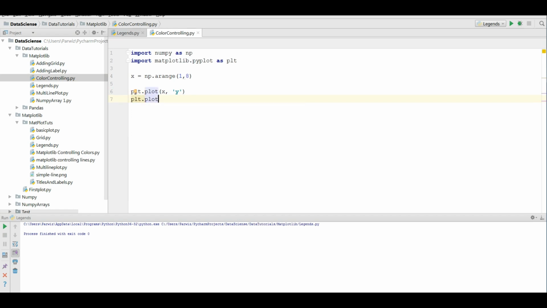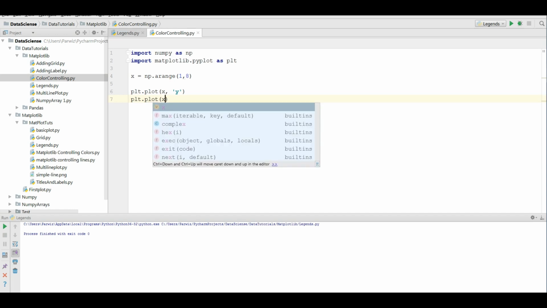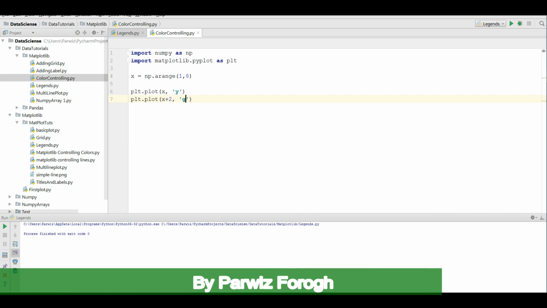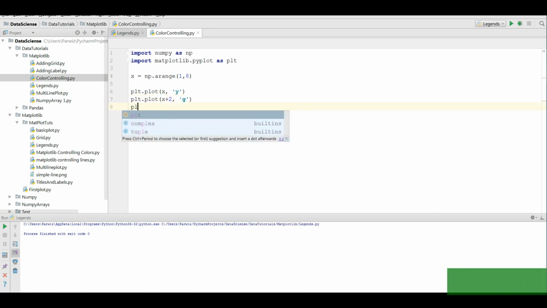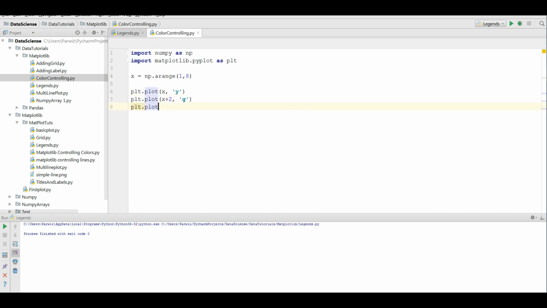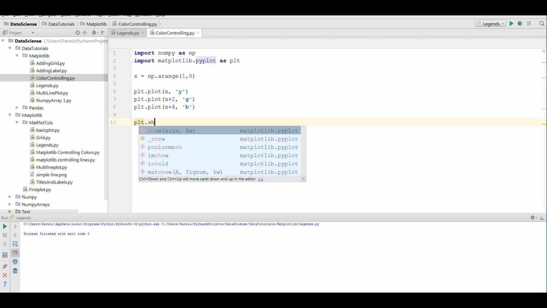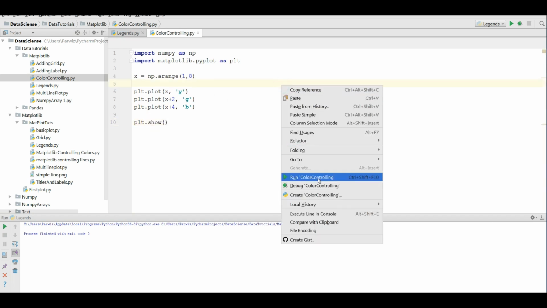plt.plot, another line, x plus 2, like this. The color I give for this is g, green. After that I'm going to plot another line, x plus 4, and the color should be b, blue. Okay, now if I show my plots and run this,